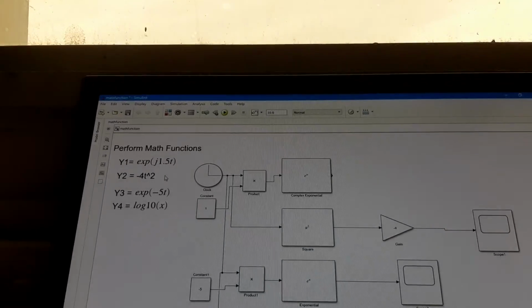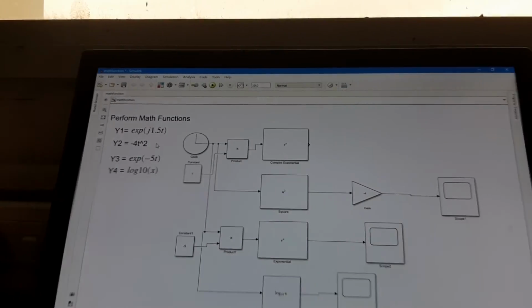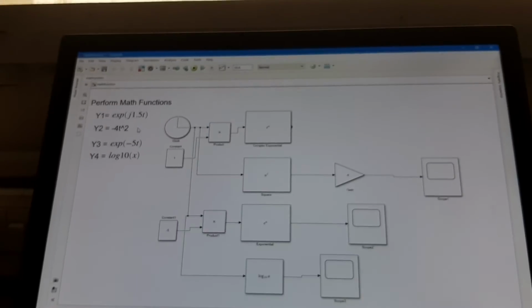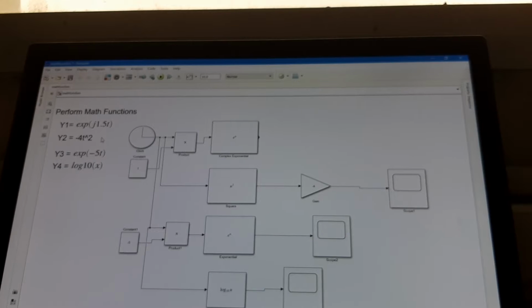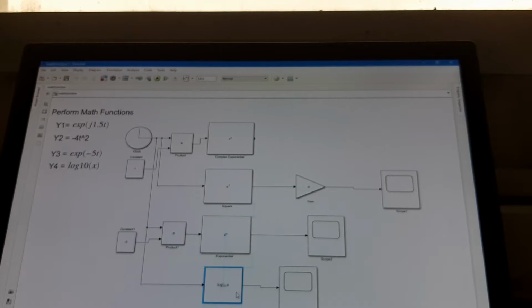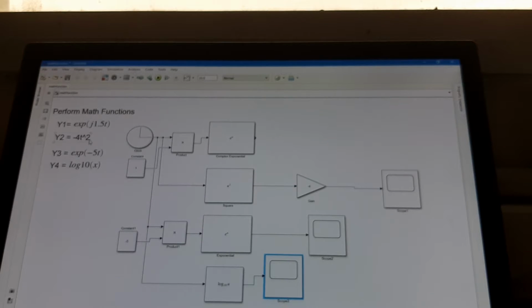Okay, let me set the screen for you. Fine. Now, as you can see that I have written here y2 is equal to minus 4t square. If you want to have this expression in the equation form, then what you can do?